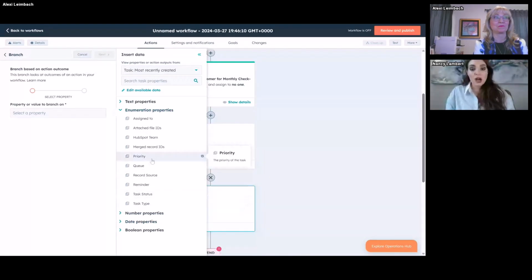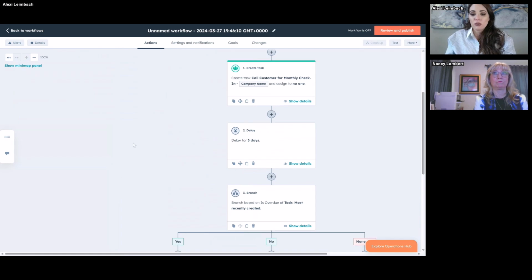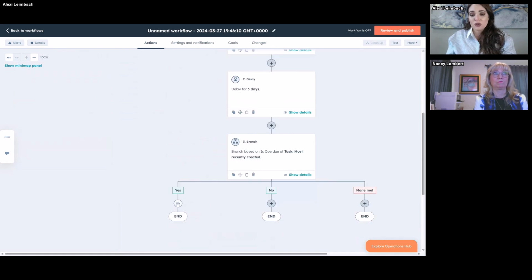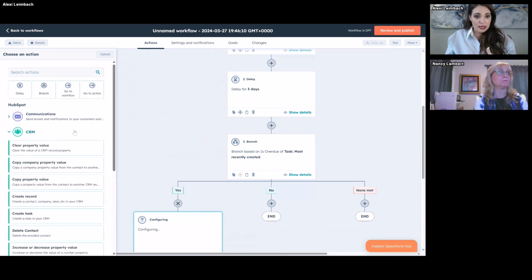Okay. So I just chose the recently created one. I clicked add, and now I have my task property fields, right? So I'm going to search for the property if overdue or not. One thing I want to show you real quick though on that, because you might have association labels in here. So what I'm going to show you also is